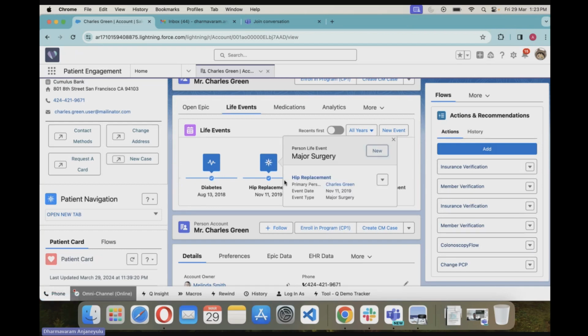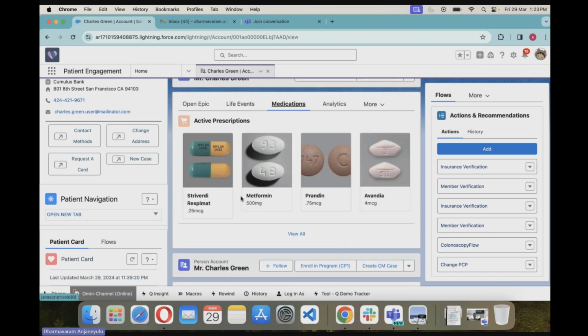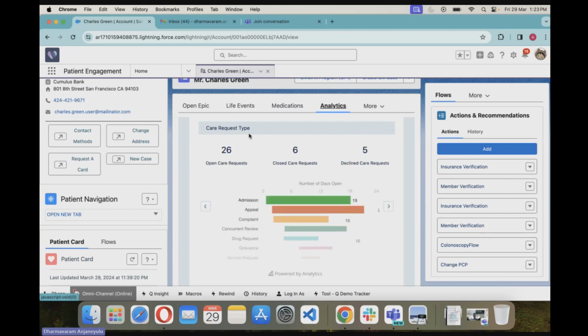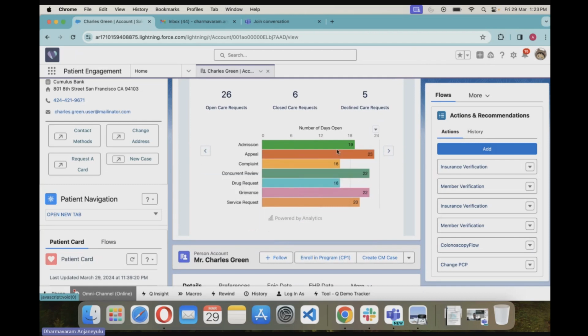Based on the life events, the doctors will try to estimate and look at the patient conditions and everything. Here they can have their medications as well, what medications are in the active prescription. If they want, they can add some medications here. And then we have care request types. How many request types do we have? A care request is kind of